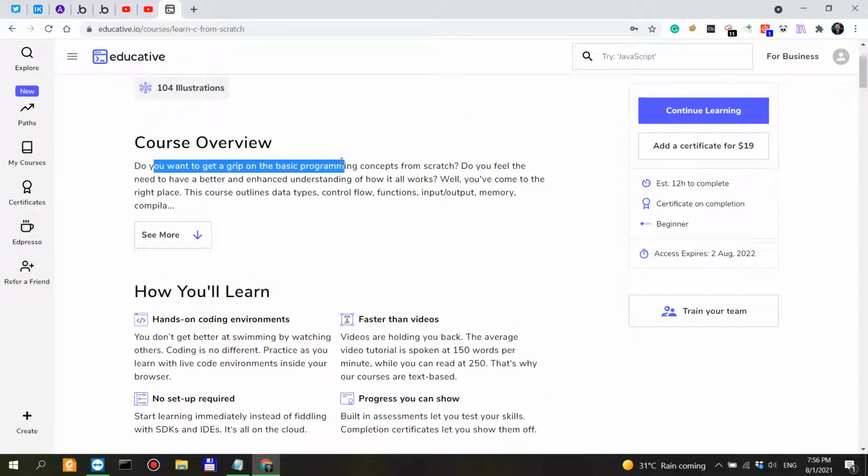So, I would actually start with Learn C, even though I'm very fond of no code and platforms that allow you to build applications using no code tools, such as Bubble, Webflow, and there are many others. We'll be looking into them in the future.